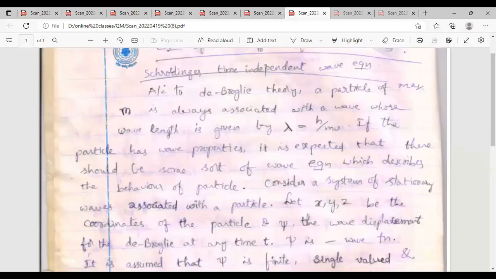It's less than 1 minute, probably it closes. Anyhow, we'll see. According to de Broglie theory, a particle of mass m is always associated with a wave whose wavelength is given by lambda is equal to h